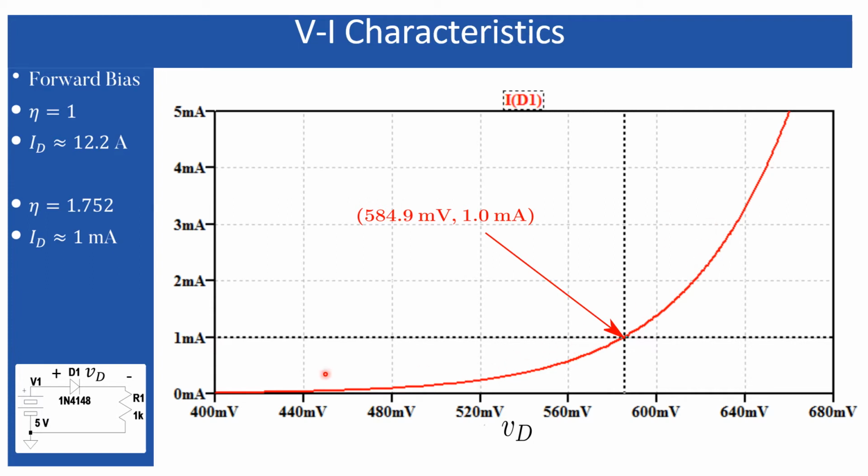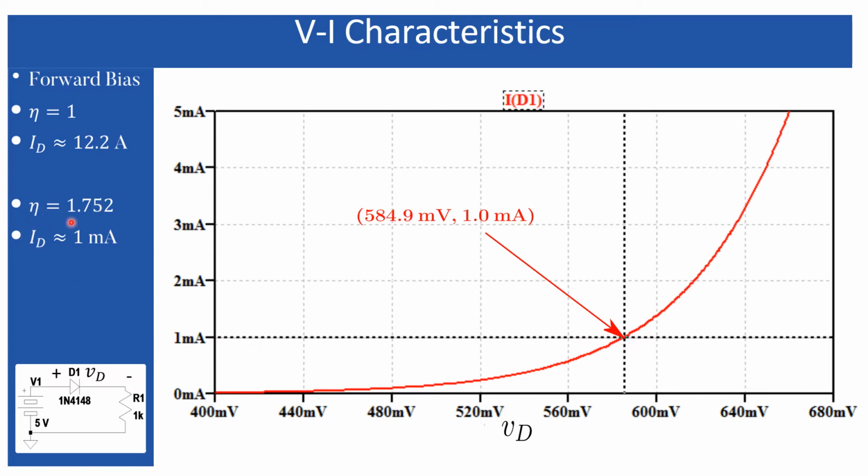Besides the simulation result, I have also calculated the current from the basic equation of the diode. I calculated it first by considering the ideality factor equal to 1, and then with the exact ideality factor available in the SPICE model I am using here. You can check that the diode current obtained using ideality factor equal to 1 is very much higher than that coming in the simulated results.